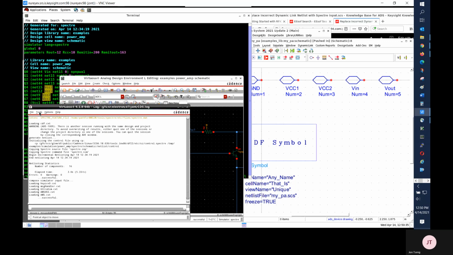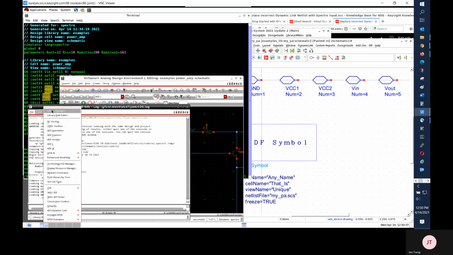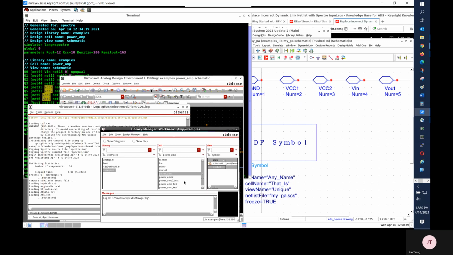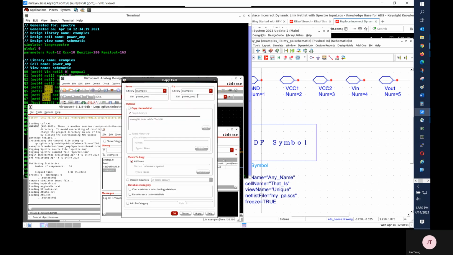You can modify the symbol and schematic to match the netlist or edit the netlist. What I will do is make a copy of the Cadence schematic to avoid changing the original design.